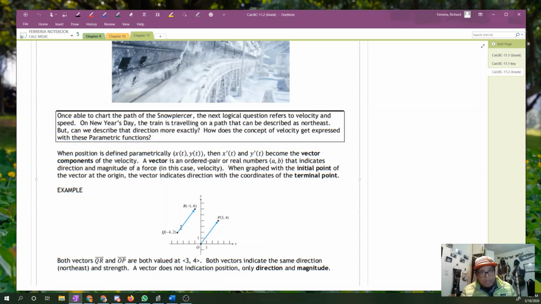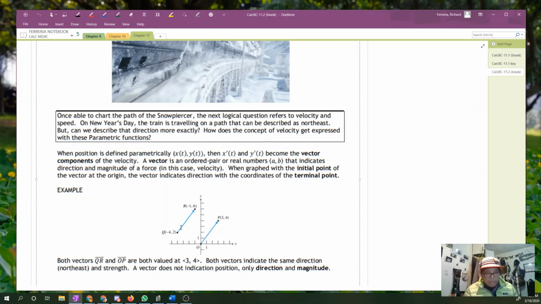On New Year's Day, there's a really memorable scene in the movie where the train is traveling on a path, and we're going to describe that path as northeast. But how can we describe that direction more exactly? How can the concept of velocity get expressed with parametric